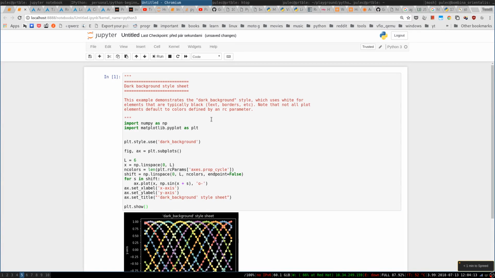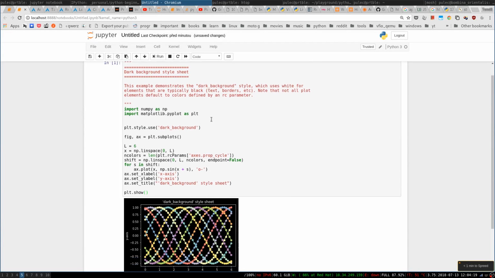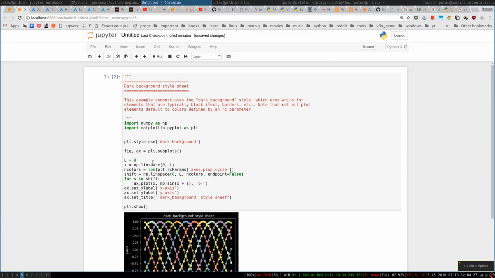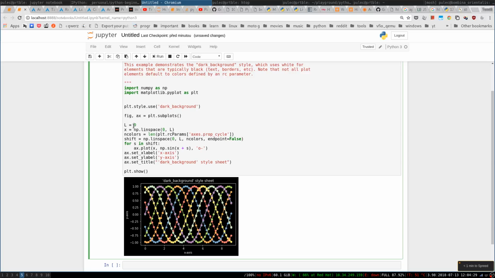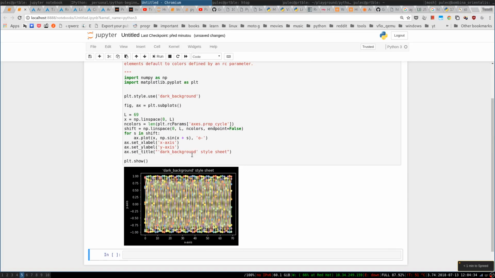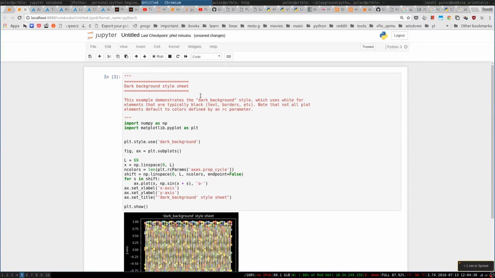Probably it will tell you that you are missing some Qt library or something when it doesn't work, but you get the idea. You can change the lines. For example, I think this is the lines, so if I do 9 lines, okay, if I do 69 lines, yeah, this is a mess. So you get the idea. This doesn't work in the normal IPython shell, you have to use the Jupyter notebook,